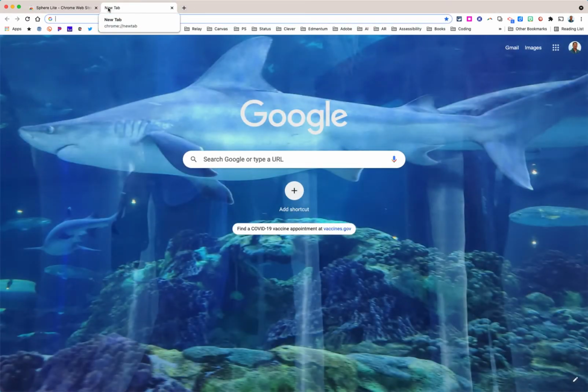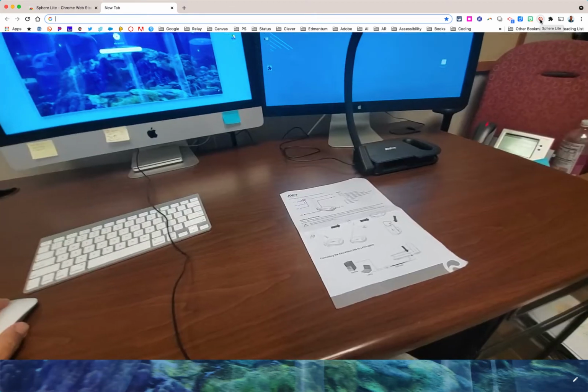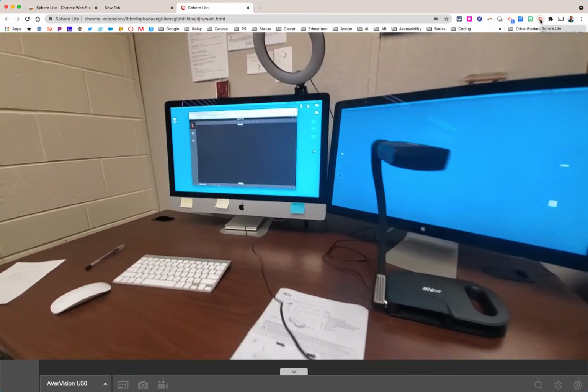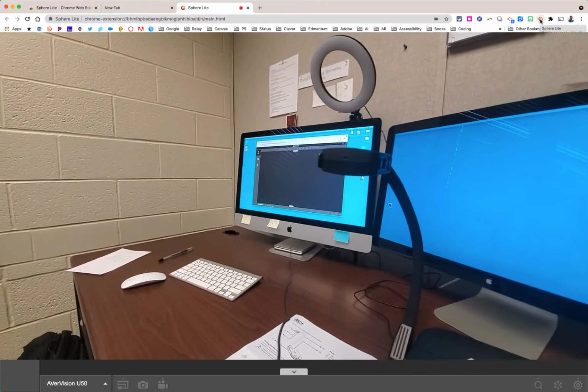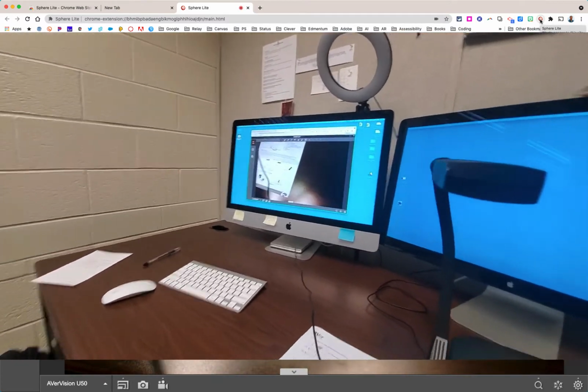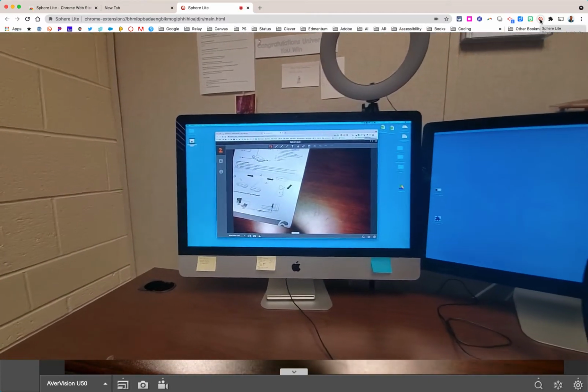Once you get that added and your document camera set up, you'll need to go to your extensions and click on that one to open it. But I have pulled mine up here to the toolbar, so I'm just going to open it from right here. Now as soon as I open that, you're going to see from my camera, it starts to open on the screen. The camera itself will start flashing the light because it has autofocus, and now it's projecting what's on the